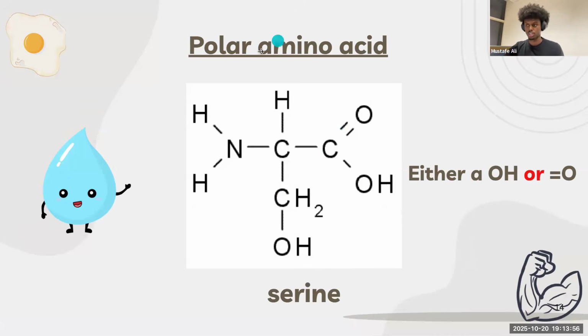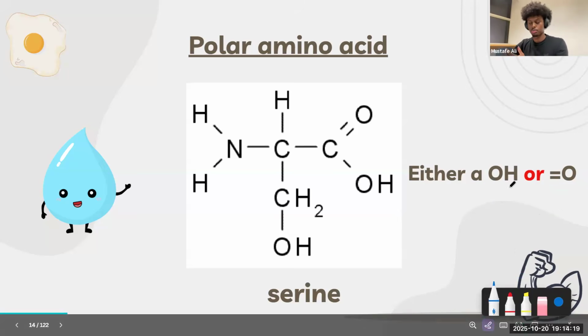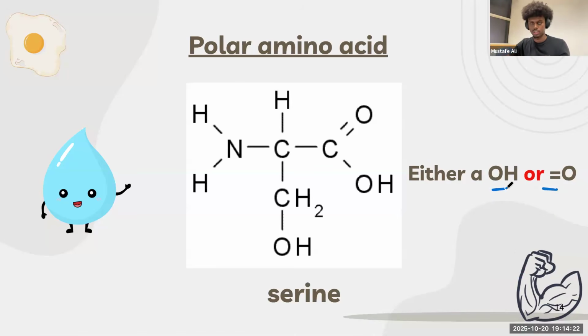Now, this is what happens. Polar amino acids, they love water. And what is characteristic of their R group is that it has a hydroxyl group present, or an OH, okay? Now, polar amino acids have in their R group either an OH or an O. And because they have either an OH or a double bonded O, this is what makes them polar. This is what makes them love water, and in other words, hydrophilic. Okay. Now, apart from this, again, we have the amine group, we have the carboxyl group, we have the hydrogen, and the R group of a polar amino acid has a hydroxyl group or an OH present.